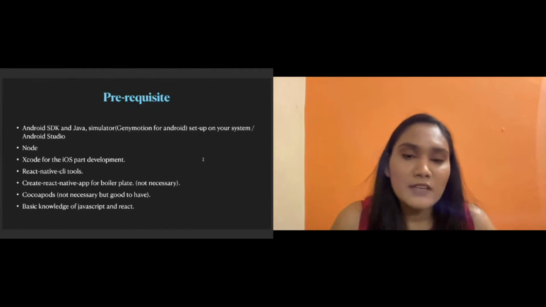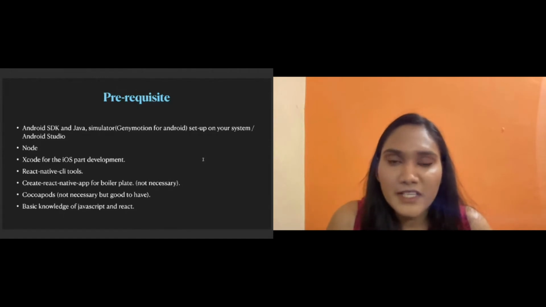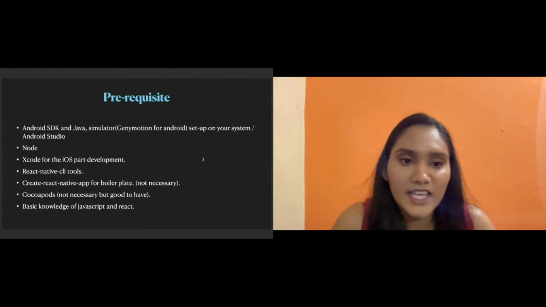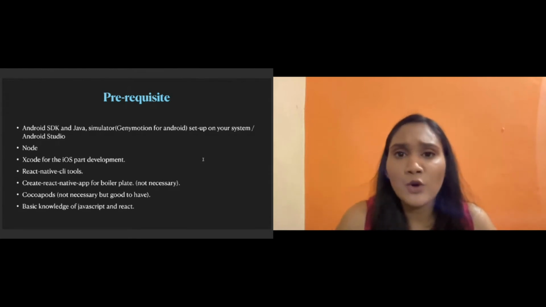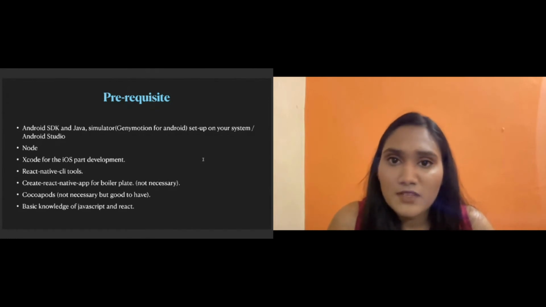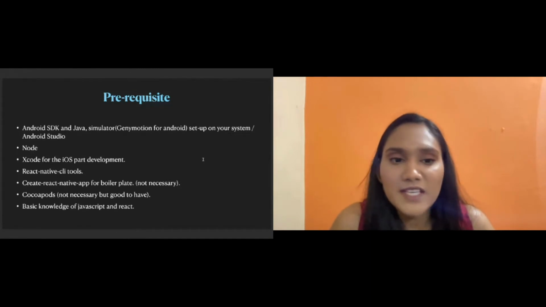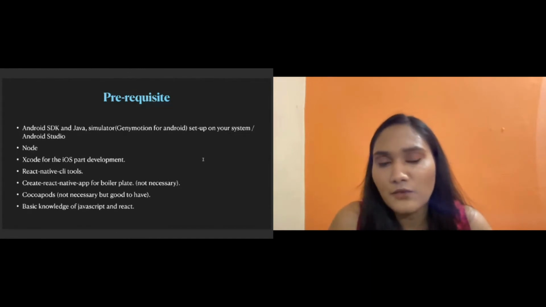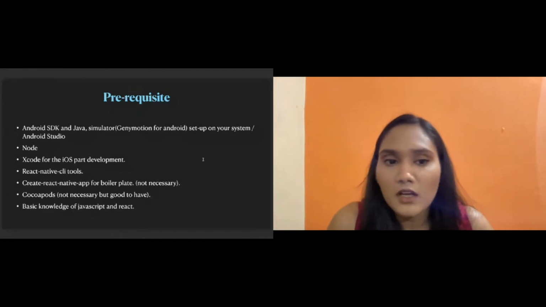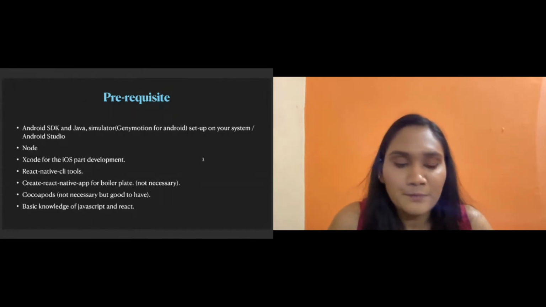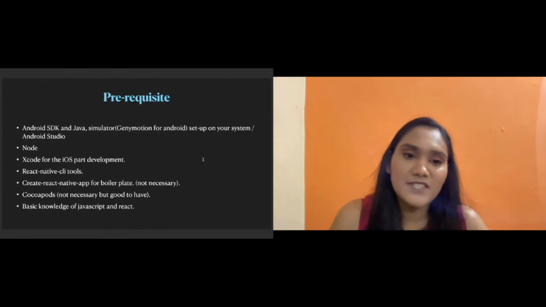If you want to even deploy your application to TestFlight directly, Xcode will help you with that. The signing of the application can be done on Xcode. So Xcode is very important when it comes to iOS development. And in React Native also, we need to do some kind of iOS development. So Xcode is a kind of necessity, I must say. Otherwise, you have to learn all the commands from the terminal, and you have to run Xcode commands also from there.